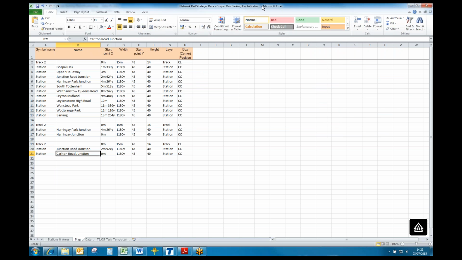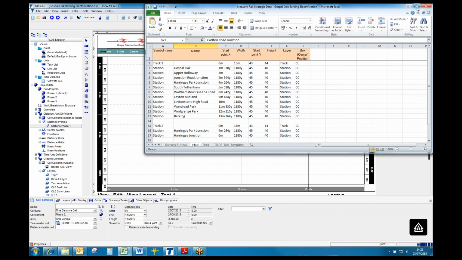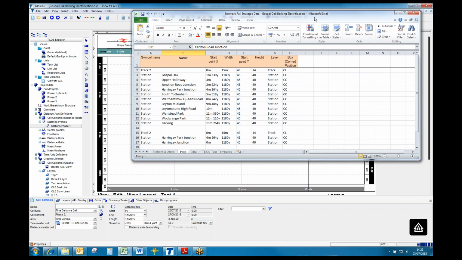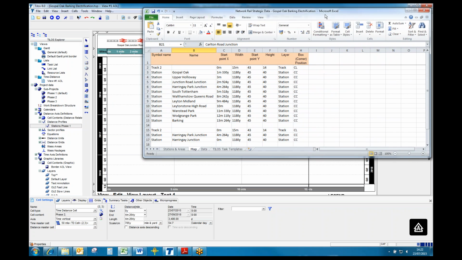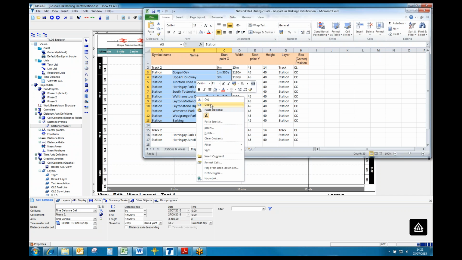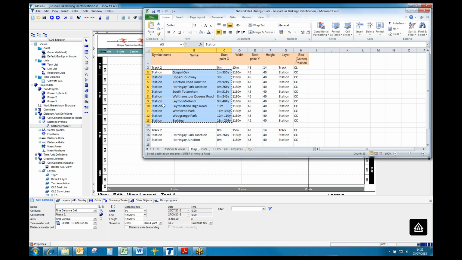Okay. I'm taking this control back, I don't want it to fill the screen. I just want it about like that. That's good. So we're going to take this section here, and we're going to copy that to the clipboard. So we've got the symbol, a reference to the station in column A, the name of it in B, and I suggest, because it's too much text,